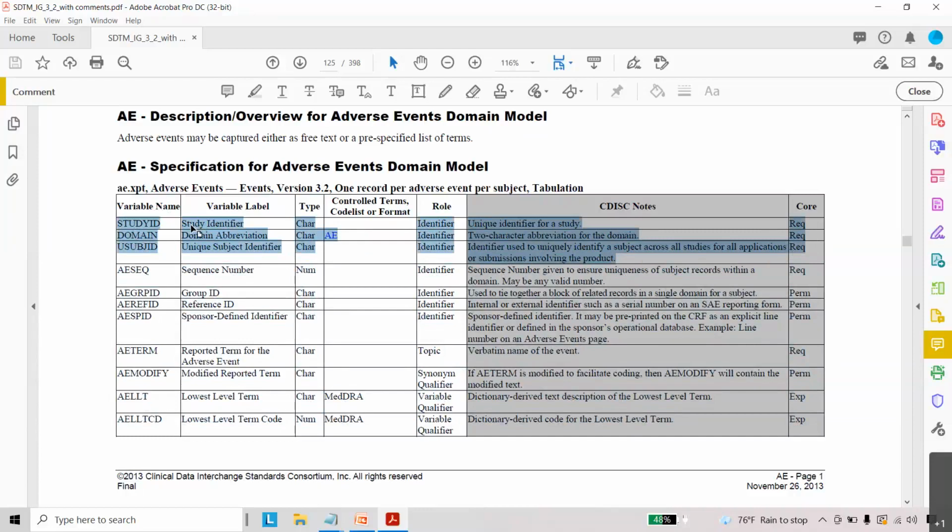Coming to AESEQ, the sequence number: for example, if a subject gets 10 adverse events on different dates, the sequence for each particular adverse event is assigned based on ascending date. It is very important. The sequence number is given to ensure uniqueness of a subject's records within a domain. Typically the values in AESEQ are 1, 2, 3, 4, 5 and so on.